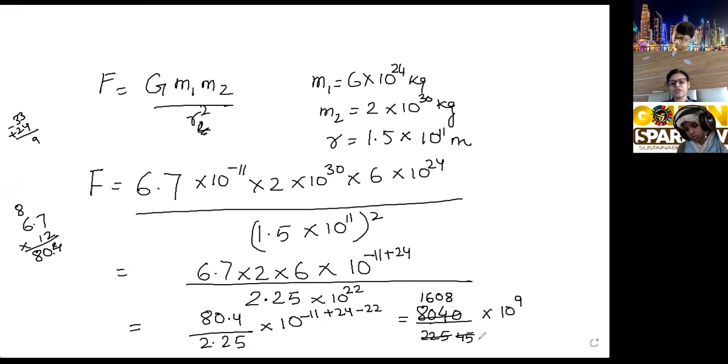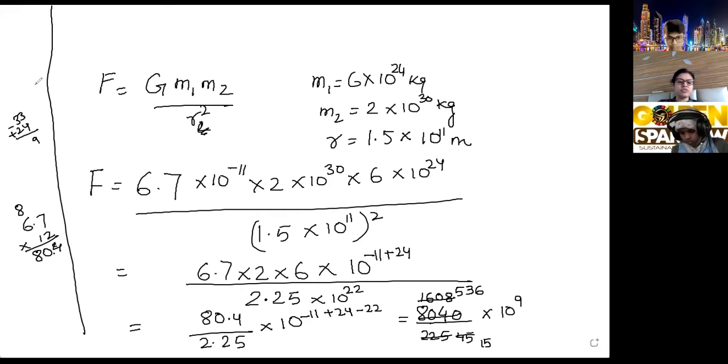Again 3 se jayega now. 3 ones are 3, 3 fives are 15, 3 fives are 15, 3 threes are 9 and 3 sixes are 18. So 536 upon 15. Abhi सीधा 15 से you can divide and you will get the value in decimal also. Rough में divide कर लो. So in rough if I divide 536 and 15 directly also if you want you can divide. अगर नहीं होता है तो do it in rough.